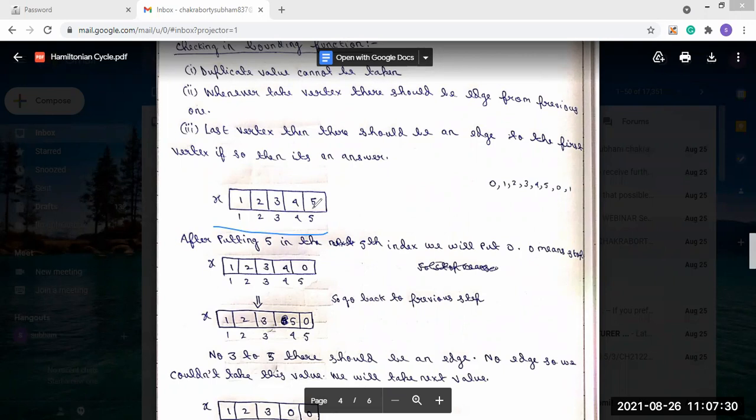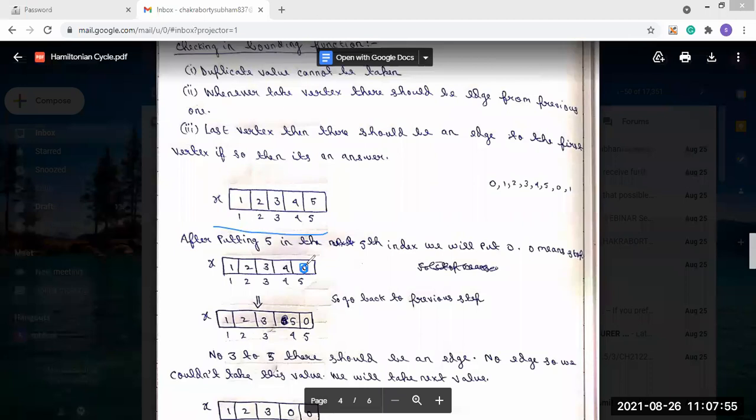So after putting 5 in the fifth index, we will put 0 here. Finally we have reached the final vertex, so whenever the final vertex is reached, we put the next value. Then what is the next value? The next value will be 0, because we have already reached all the vertices.